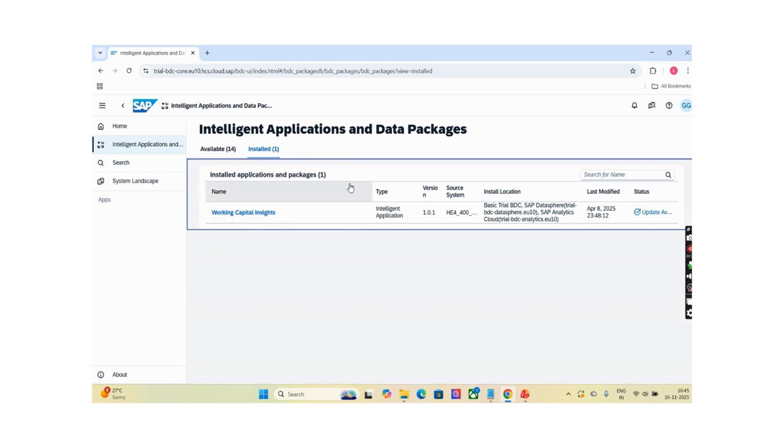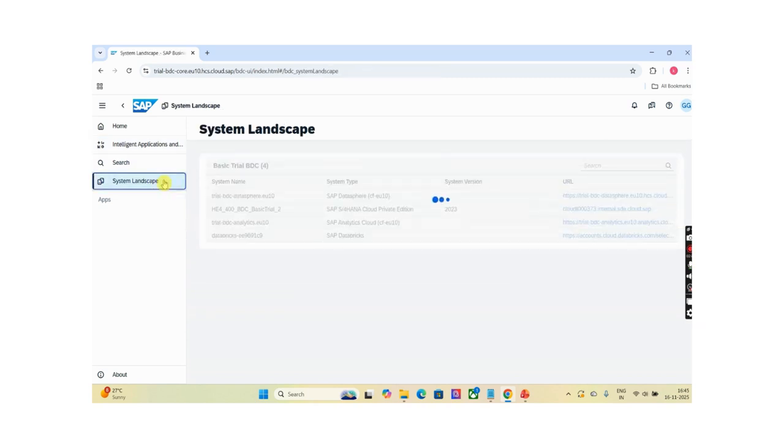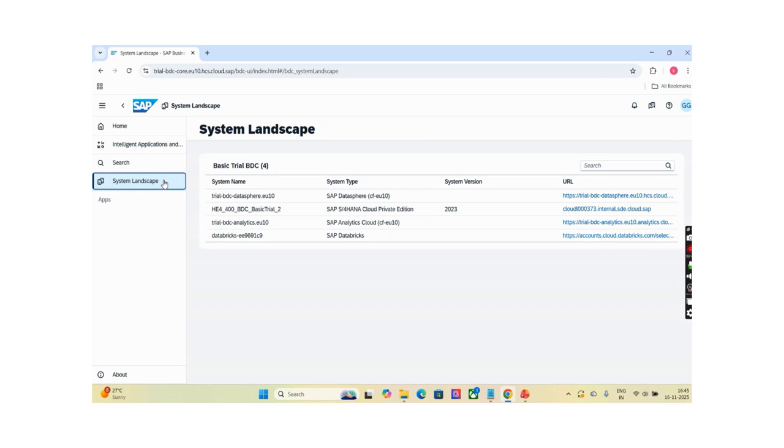Still, if you want to make some changes to the story or the backend artifacts, that is possible. To do this, we first need to make a copy of the story as well as the backend artifacts, and then we can make changes. Let me show you how we can enhance an intelligent application.